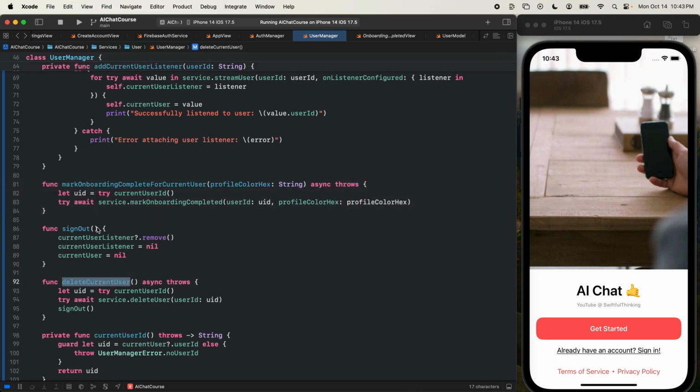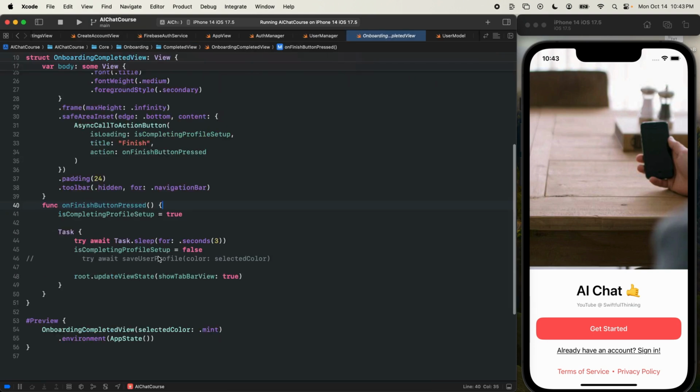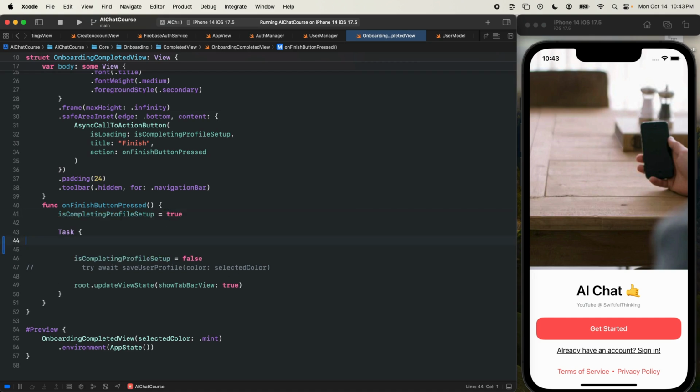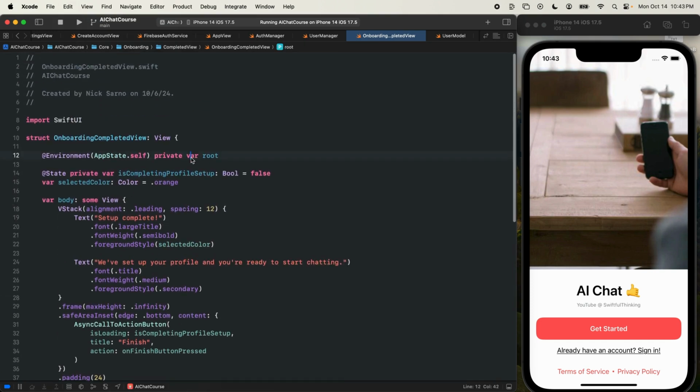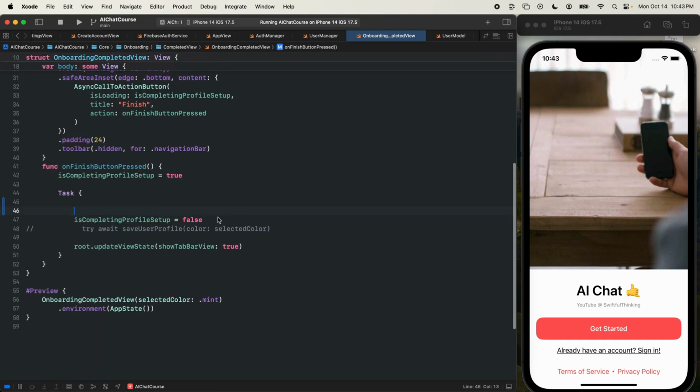All right, let's call these three functions from our code. So I'm going to start with the mark onboarding complete. Let's go to the onboarding completed view. Is completing profile setup is true. Let's go ahead and remove our fake loading indicator. Let's go ahead and load in our user manager. Call this the user manager. And then in here, let's go ahead and try await userManager.markOnboardingCompleted, and we'll pass in the selected color,